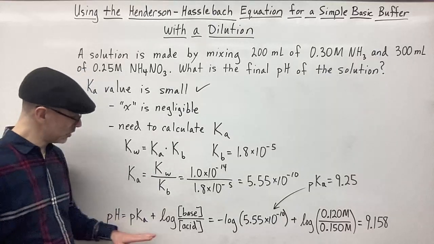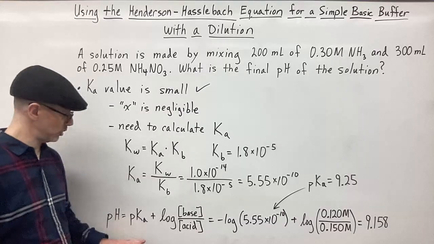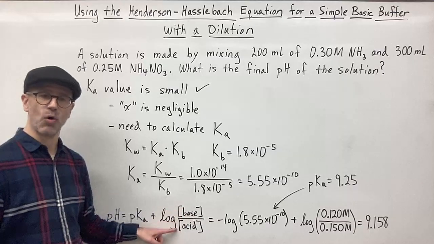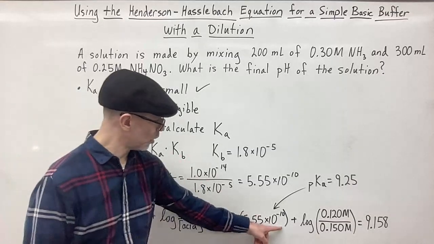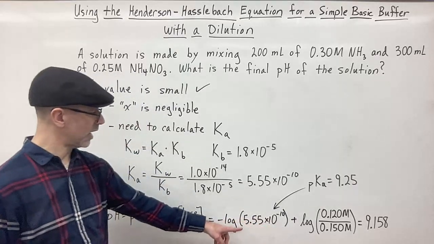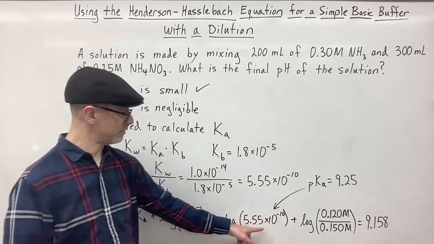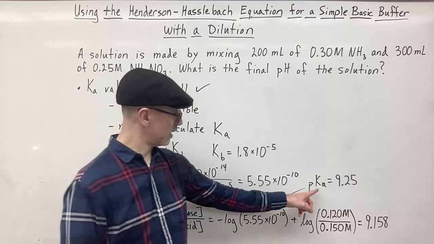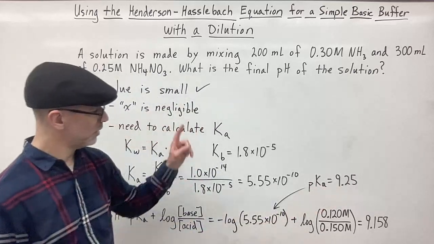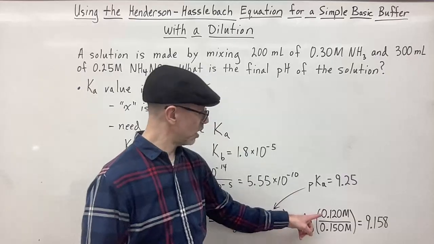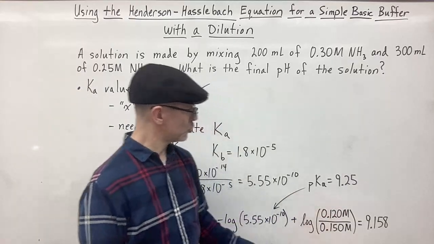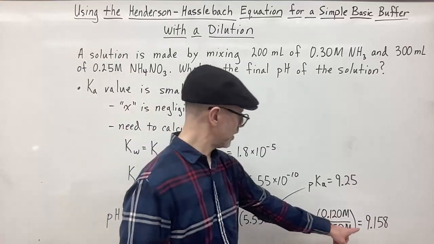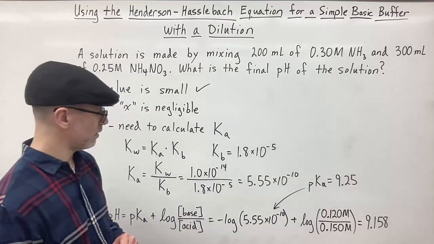So we have our Henderson-Hasselbalch equation right here. The pH is equal to the pKa plus the log of the concentration of base over the acid. So we plug in our newly calculated Ka value, 5.55 times 10 to the negative 10. By the way, if we calculate this, we get pKa is equal to 9.25. We add the log of the base over the acid. So when you add this together with this, you'll see that we got a 9.158